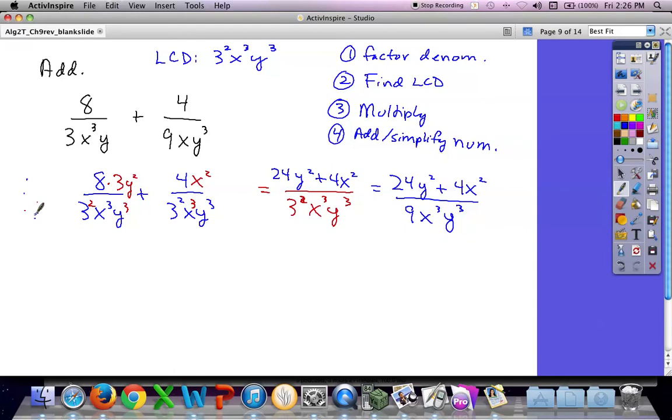Okay, and the same steps pretty much apply for subtraction, right? But you can imagine